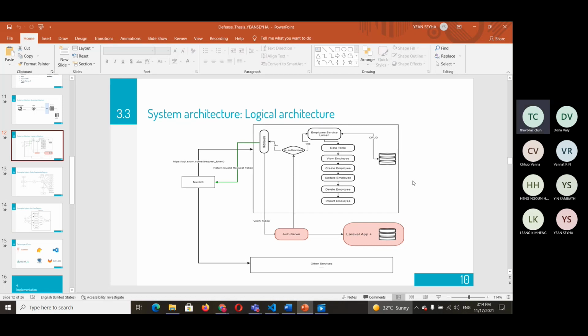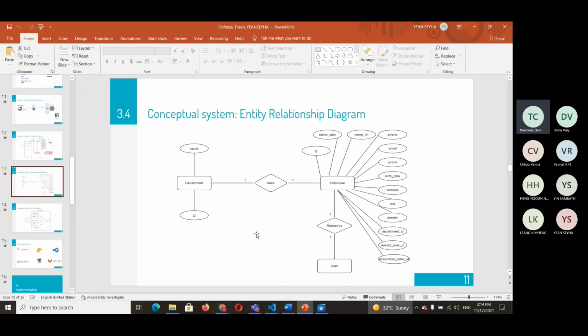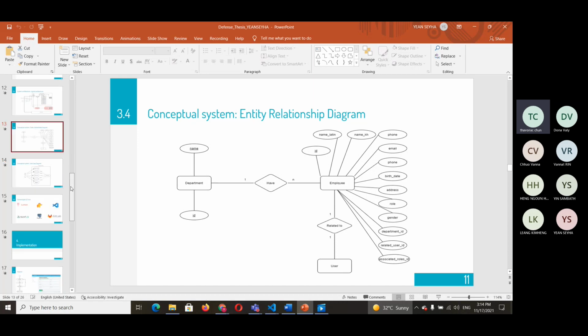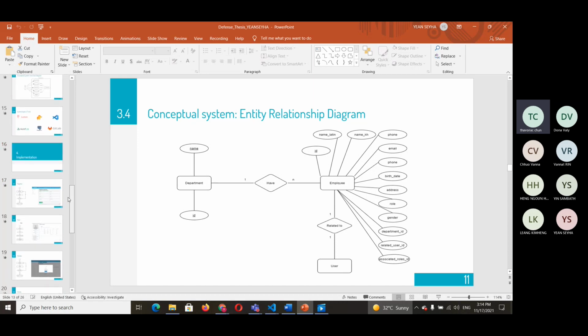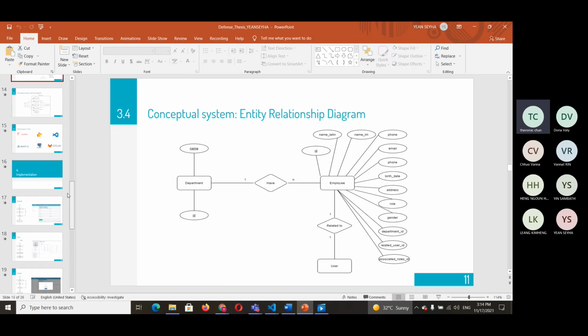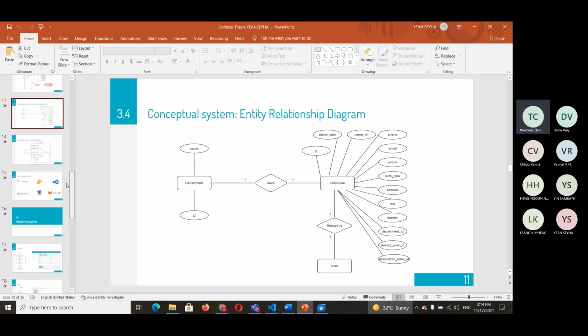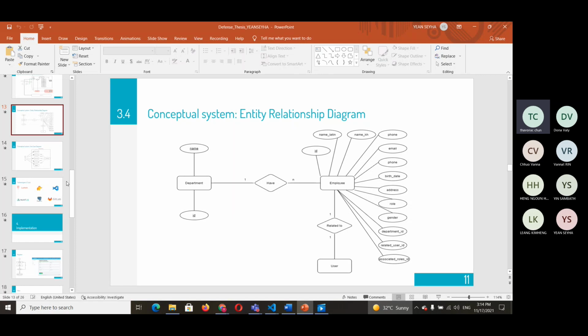So your responsibility is mostly on the employee, right? Because I see in the entity relational diagram, you only drew about employee. Yes, teacher. So your task in this project is to do manage employee, like create, update, delete, all of this, right? Yes, teacher. On both front end and back end, teacher.